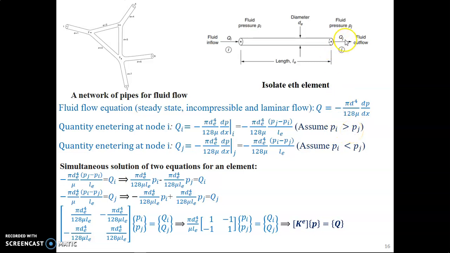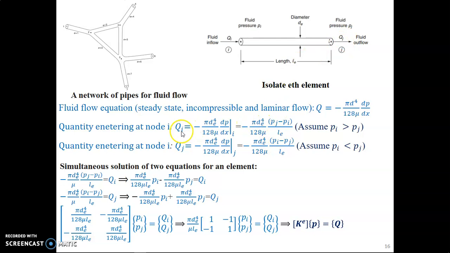Now let us assume that Qj is the flow of the lubricant at the jth location. Qj can be expressed as a function of the pressure gradient at the jth node, and it can be expressed as Pi minus Pj divided by the length of the element. Here Pi will be the final pressure and Pj will be the initial pressure. In this case, if the lubricant has to flow from the jth to the ith node, then Pj must be greater than Pi. And if we sum these two flows, we will obtain the net flow through the system.